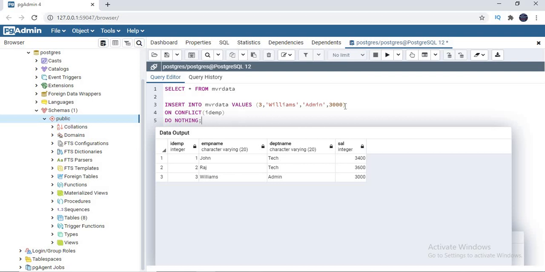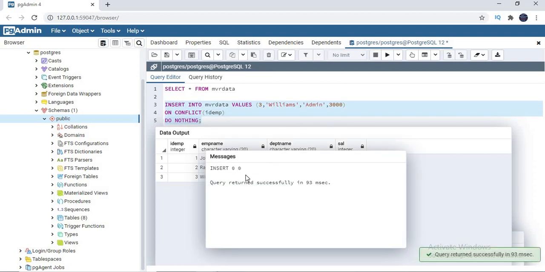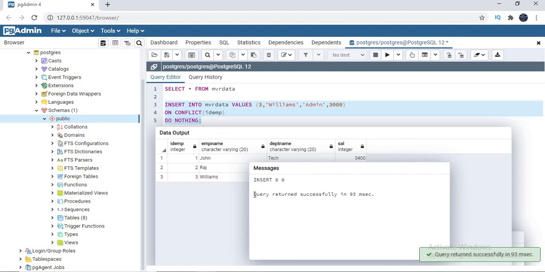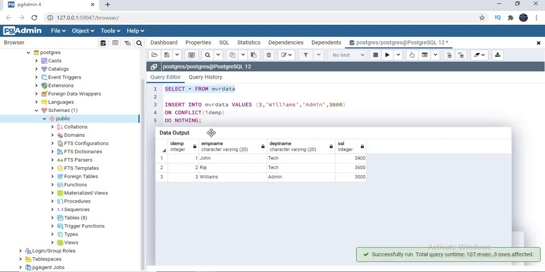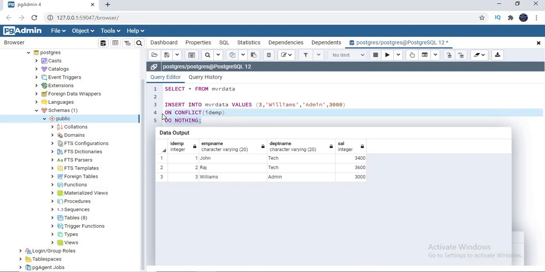Now if you remember, earlier when I tried to run only the insert query, the second time it failed, saying the 3 already exists. Now if I run all 3 statements in one shot, you can see it does not show any error message, saying that the query returned successfully. Let us see now, is this record inserted a second time or not? No, it is not inserted. Why? Because I mentioned if the key already exists, if the 3 already exists, do nothing. It doesn't fail and it doesn't do any operations.